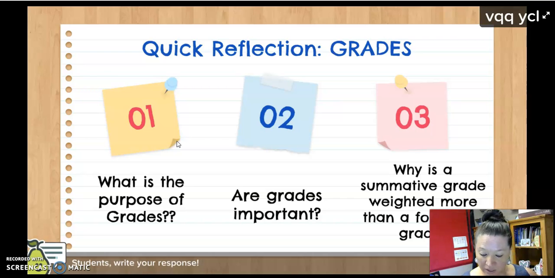Number 1, Mr. Martin said, the purpose of grades is to create a clear picture of what the student has learned without the influence of other non-academic factors. And I love that wording there, without the influence of non-academic factors. That's where the authenticity comes in. Are they authentically learning it? And are we looking at those other non-authentic factors?